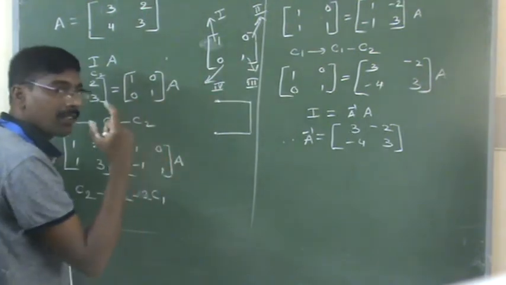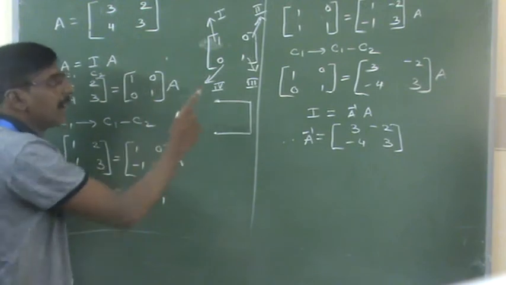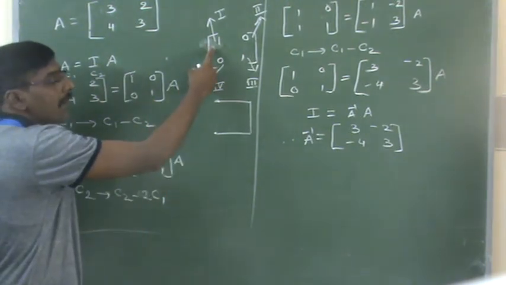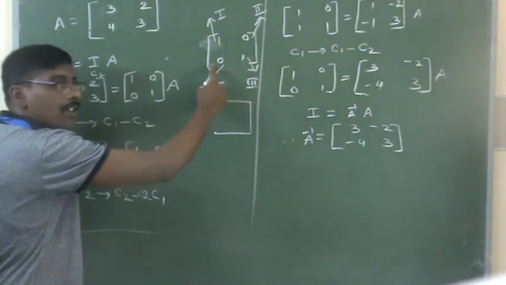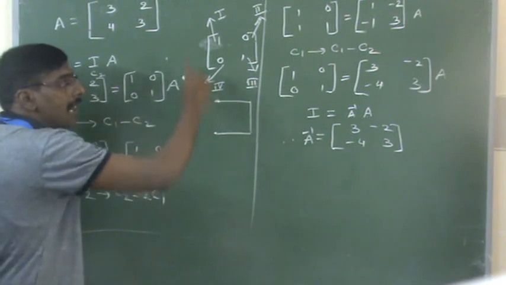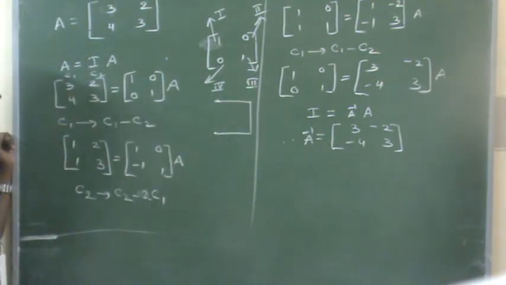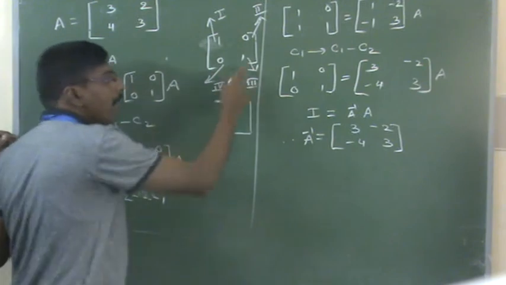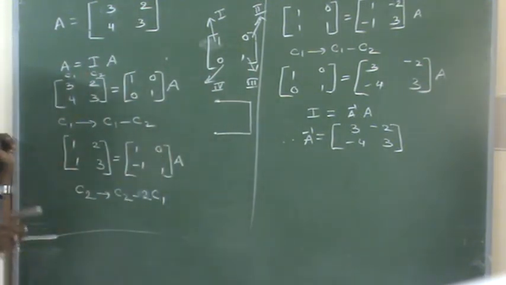Here also we are using the logic of the first rule, first method. A11 should be 1, A12 should be 0, A22 should be 1, and A21 should be 0, by using elementary column operation. Like this format we will get the answer easily. Otherwise we will get a lot of confusion. We don't want to touch the method; you should follow the method like this. We are using elementary column operation because this problem depends on column operation.